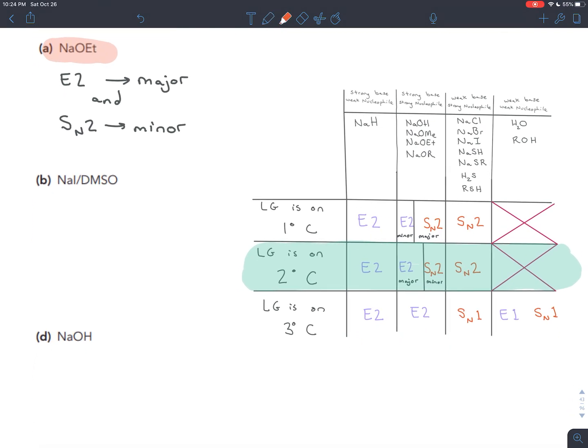So what if we had sodium iodide? Well, sodium iodide and DMSO, it's a polar aprotic solvent. If we were just doing substitution reactions, that would favor an SN2 mechanism. Well, weak base, strong nucleophile, that's sodium iodide. You can see sodium iodide right here. It's a weak base and a strong nucleophile. And what that means